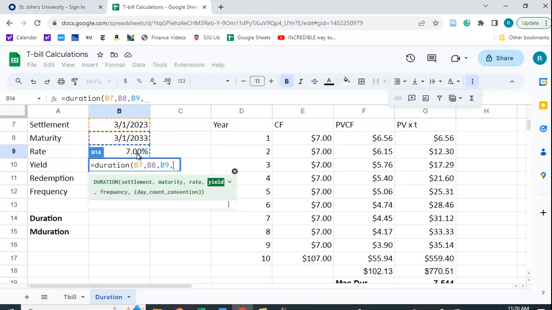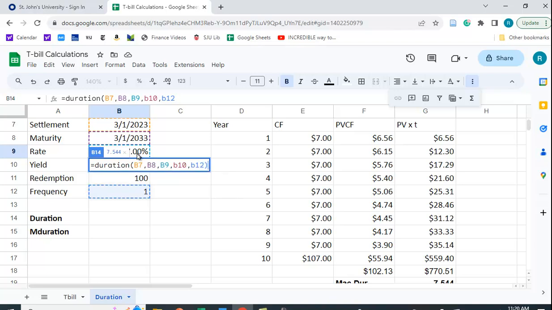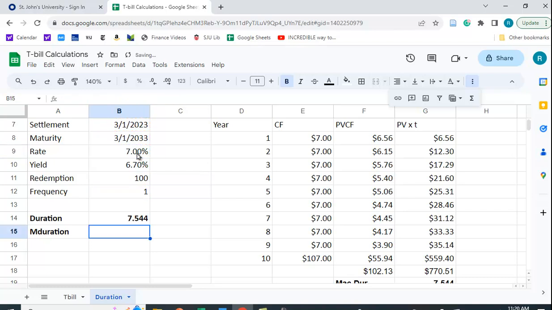I'm kind of covered up, so I'm just going to have to type this in myself. We need the yield, which is in B10, and the frequency, which is in B12. There's also a day count convention, which we're not going to worry about. If you don't put anything in, it's going to use a 360-day year and a 30-day month count. Let's hit enter, and we get the same answer,